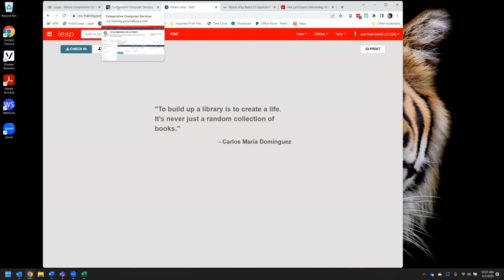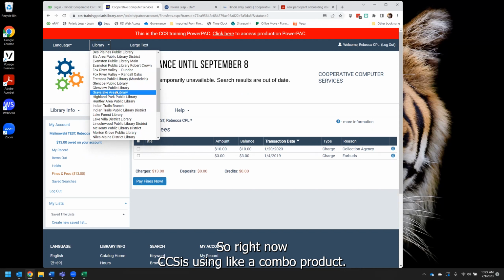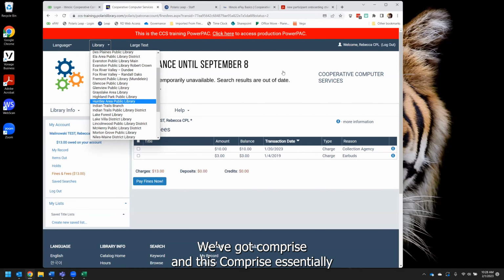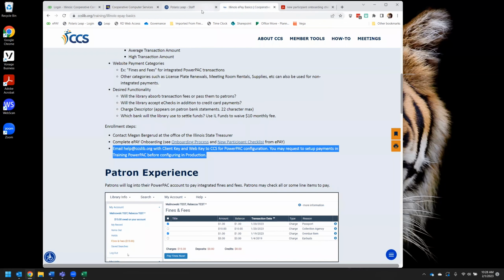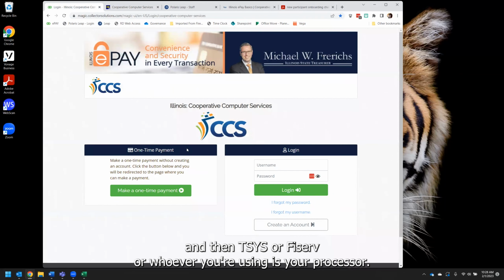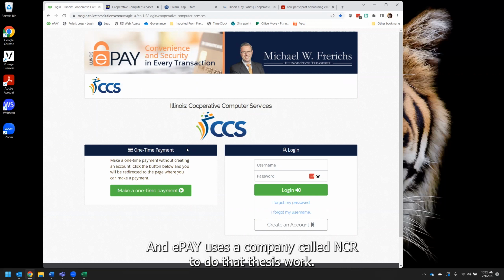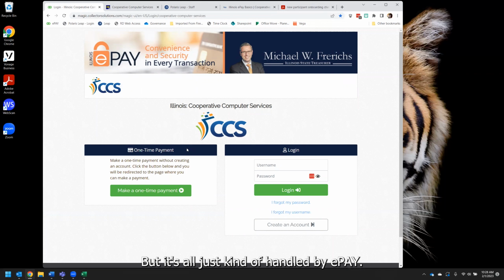So to answer Ann Thomas's question, what is Comprise? So right now, CCS is using like a combo product. We've got Comprise and TSYS. Comprise essentially provides the equivalent of the ePay interface, like what you see here on the ePay page. And then TSYS or Fiserv, whoever you're using as your processor, they are handling the back-end work of managing the credit cards. And ePay uses a company called NCR to do that TSYS work, but it's all just kind of handled by ePay,